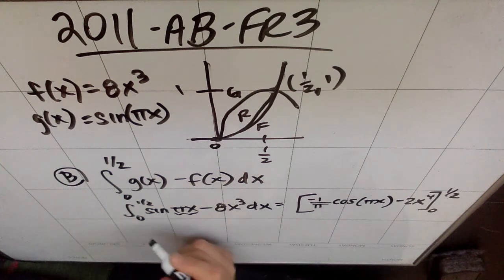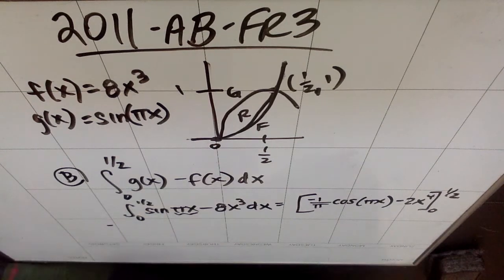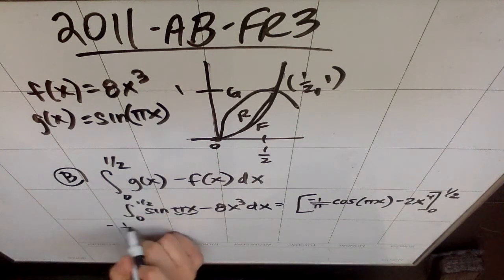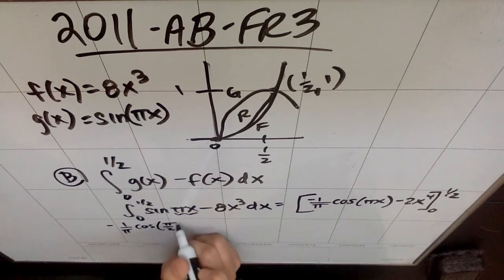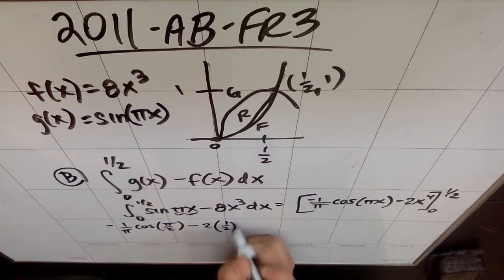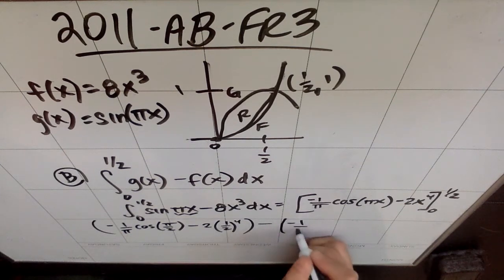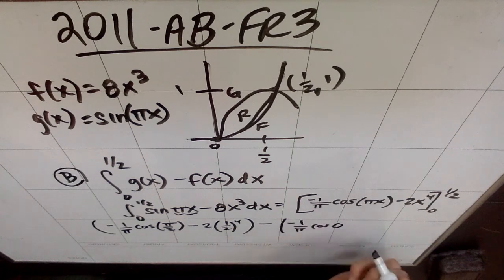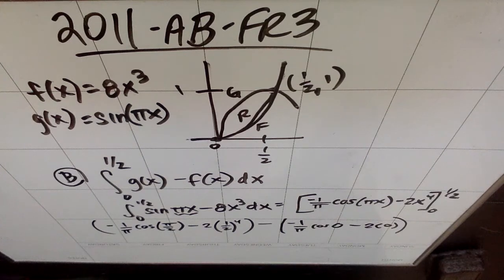So when I plug in my numbers, I'm going to get a negative 1 over pi cosine of pi over 2, because it's pi times a half, minus a 2 times a 1/2 to the 4th. That's the top bound, minus, in parentheses, negative 1 over pi cosine of 0 minus 2 times 0. Now be careful, because a lot of times when we plug in 0, we get so complacent thinking that plugging in 0 is all going to cancel,